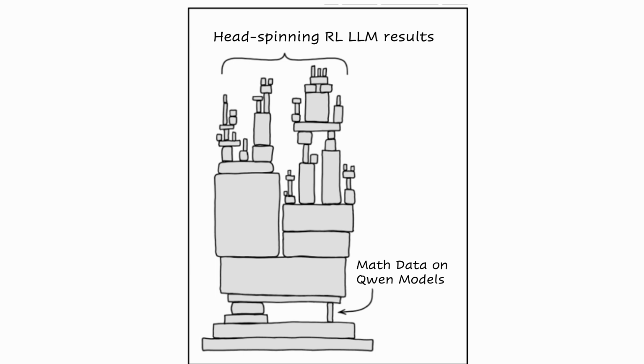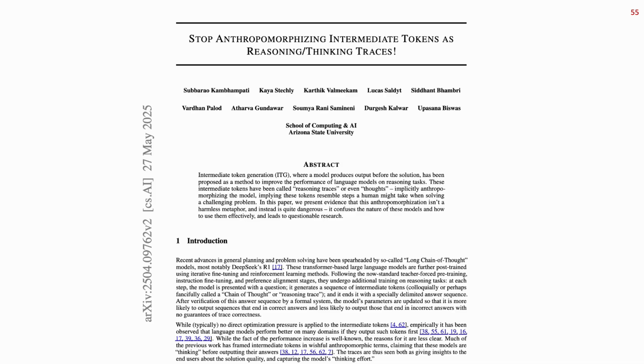There are at least 25 papers written already on this stuff. So much so that now, besides the joke that I wrote, that basically all the great head-spinning number of RL/LLM results really depend on the math data being used on Quen models. They don't work for any other models. The point I'm trying to bring up here is you need to know what you understand and what you don't understand, so that the parts that you don't understand, you can actually work on. And that's part of what we're going to do here.